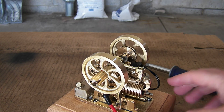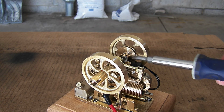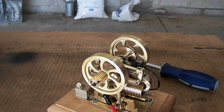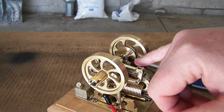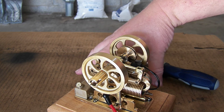So I'm assuming that because these are manufactured on a CNC, this set screw is always in relation to that magnet. So if you have one and you're having an issue with timing, you could check that the set screw is up. And if this magnet is over on the side here, that's probably pretty close to the correct timing. If you get one of these,